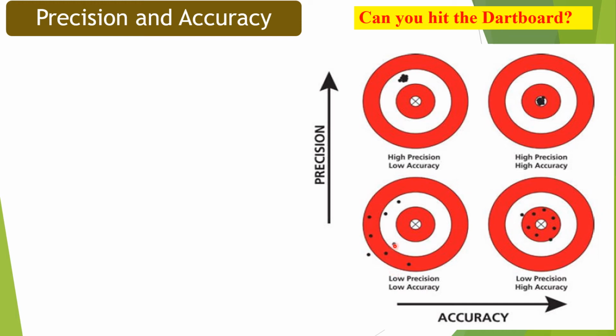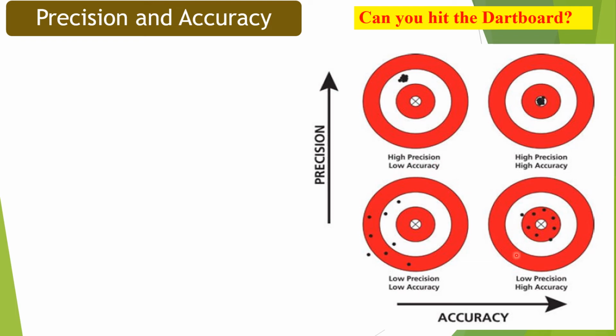and pointers are away from each other, so precision is also low. In Ms. Hania's other experiment, we can see that targeted pointers are away from the central point, which shows that there is low accuracy because measured values are away from the accurate value. But the hit pointers are closer to each other. Because measured values are closer to each other, it means that there is high precision in this experiment. But as these pointers are away from the central point, they show low accuracy of this experiment.